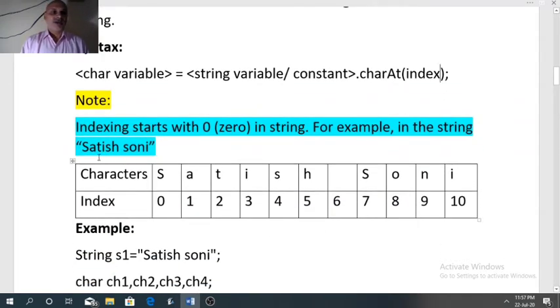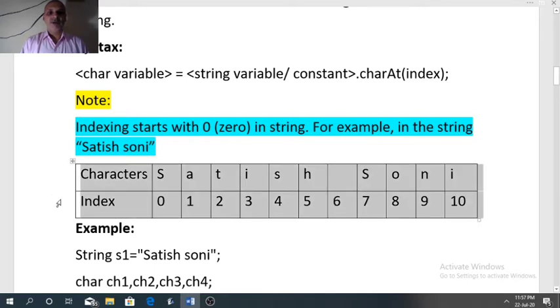Suppose we have a string, Satish Soni. We want to find the index of all the characters present in Satish Soni. So I have made a table.